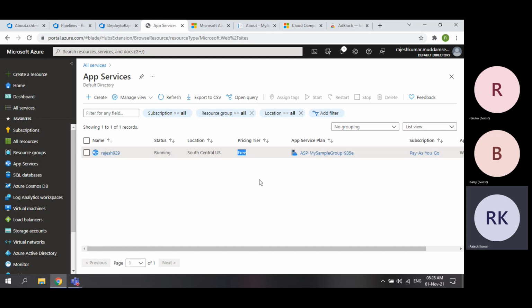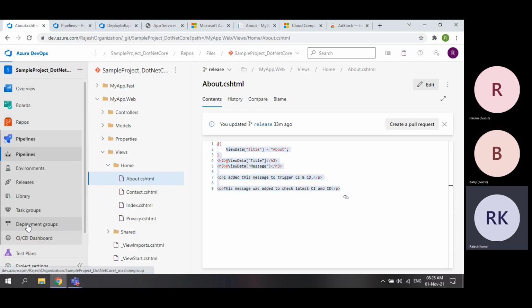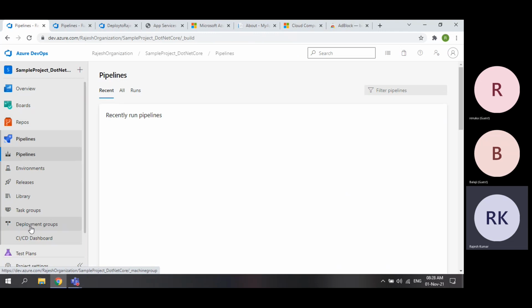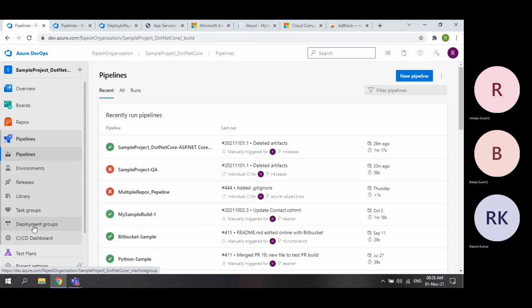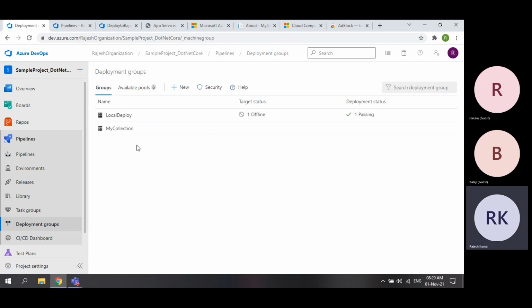But what if I wanted to deploy into local server? So when I say deploy to local, that is nothing but deployment groups.